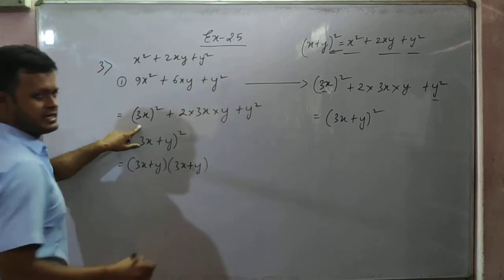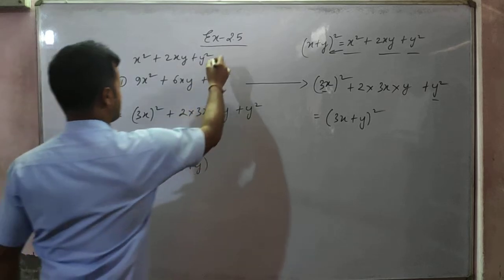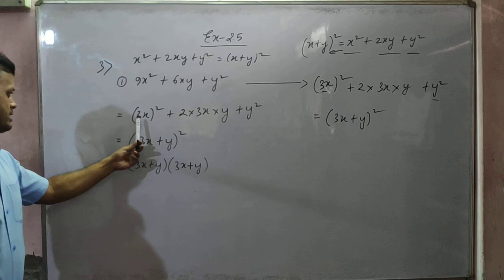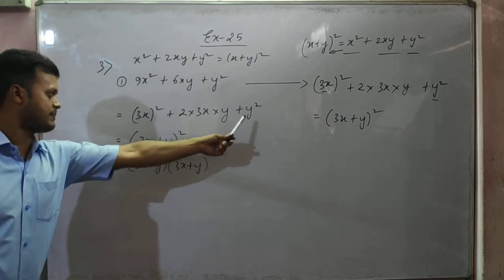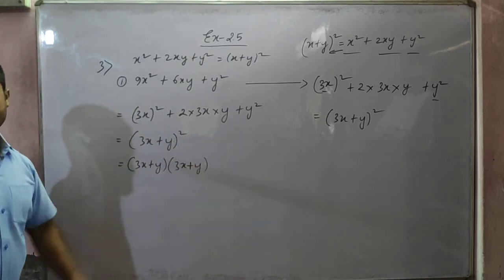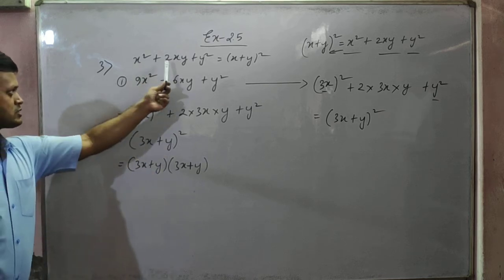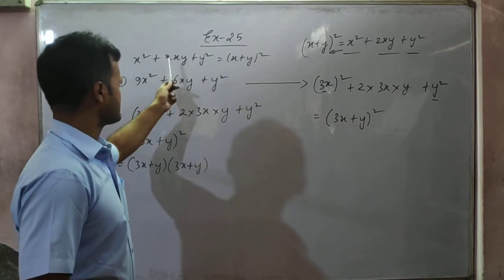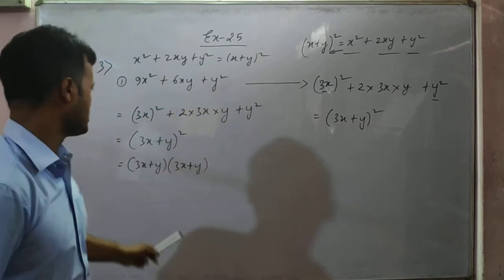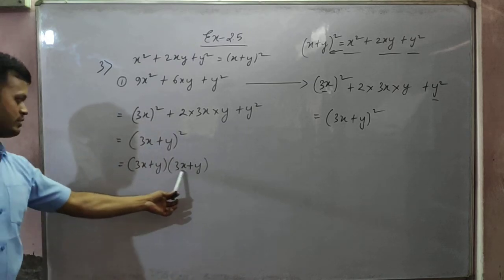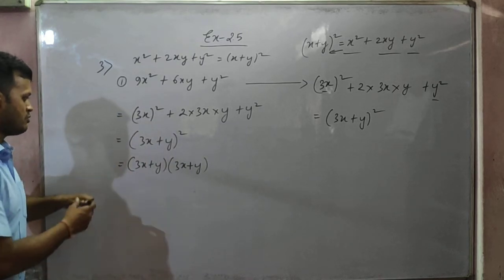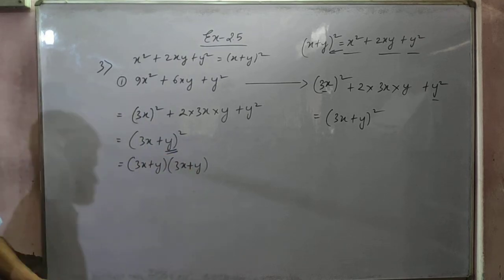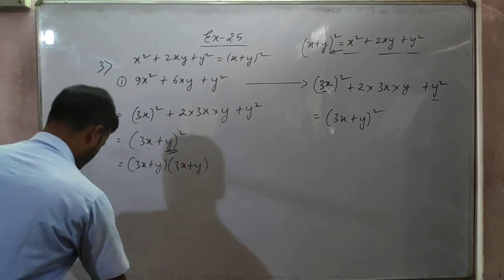So this is of the form x square plus 2xy plus y square, isn't it? So this will be equal to x plus y whole square, isn't it? So 3x whole square plus 2 into 3x into y plus y square will become 3x plus y whole square. Just reverse. This is equal to this. So this will also be equal to this only. Understood? So 3x plus y whole square. So 3x plus y into 3x plus y factorized. Okay. Some of you may keep it till here also. That is also okay. But I prefer this way. 3x plus y into 3x plus y. Is it okay? One more, let us see.